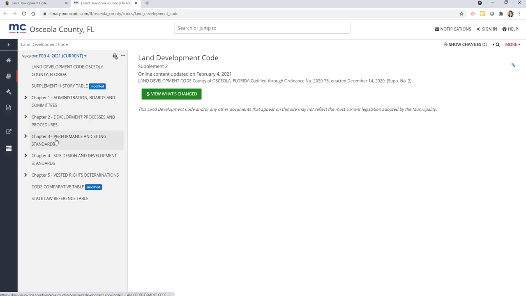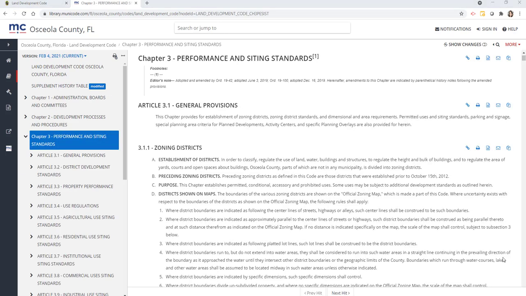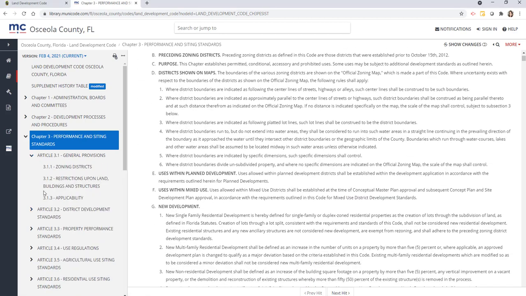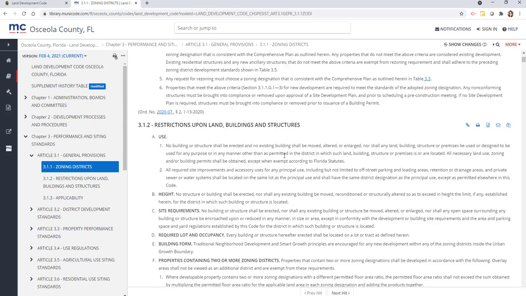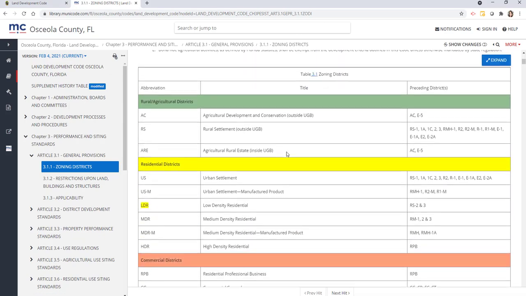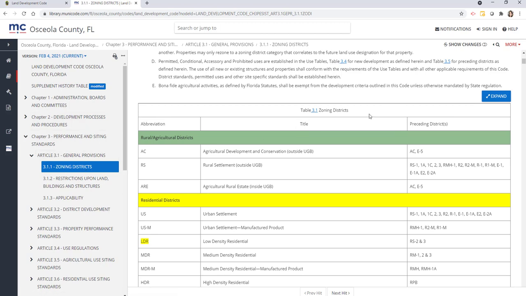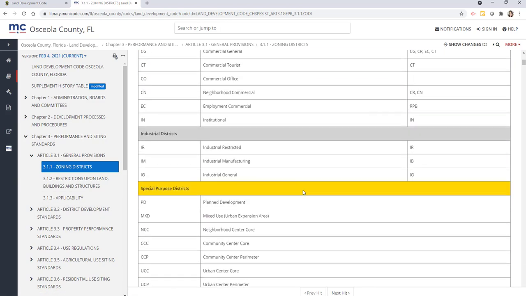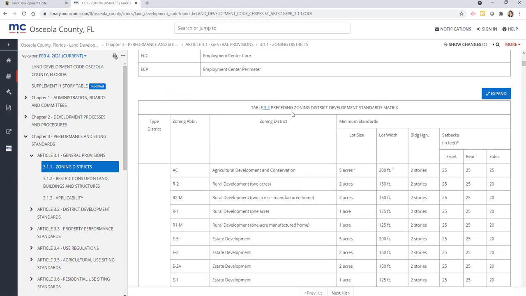All right, so we're going to look at Chapter 3. In Chapter 3, we want to look at our LDR zoning. So let's take a look at the zoning districts that we have established. If you scroll down to zoning districts, there's the zoning districts Table 3.1. Underneath residential districts, I looked this up earlier, that's why it's already highlighted. Yours won't be. We have LDR, low density residential. Previously it was called RS2 and 3. Now, with that, we also have